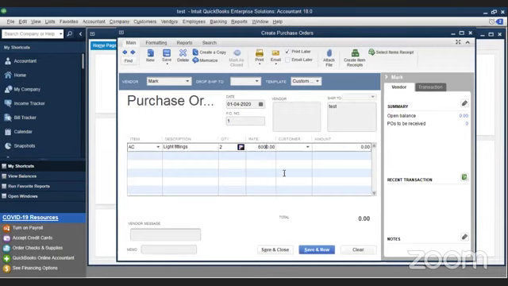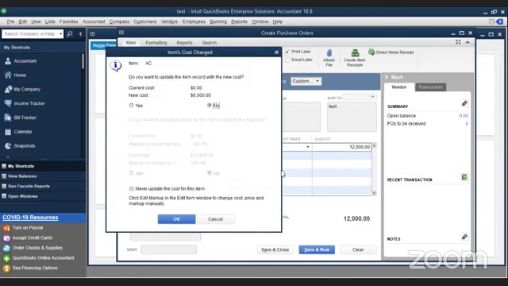Right. Now, if you see here, this is the purchase order. Sorry, I forgot to do that. Once you do this, it will ask, do you want to update the item record with the new cost? There is no harm in updating. Also, there is no harm in leaving it. So if I say yes, automatically the cost will get updated as 6,000.